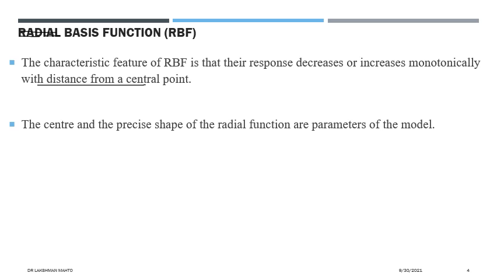Okay, so the center, the distance scale, and the precise shape of the radial basis are the parameters of the model. So there would be a precise shape. That shape we will get from the variability, so that variance term would be there. There is a center and there is a variance term. See, I had written mu j and I had taken sigma square.